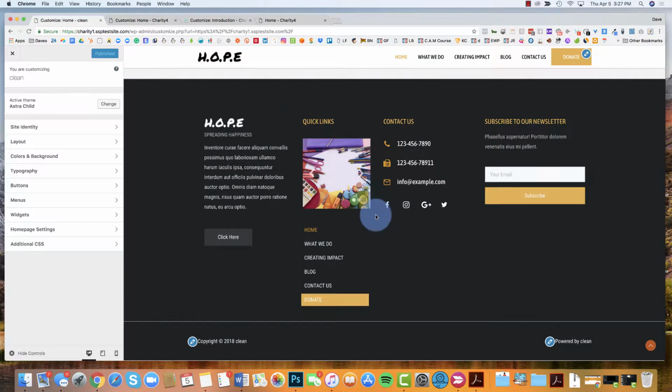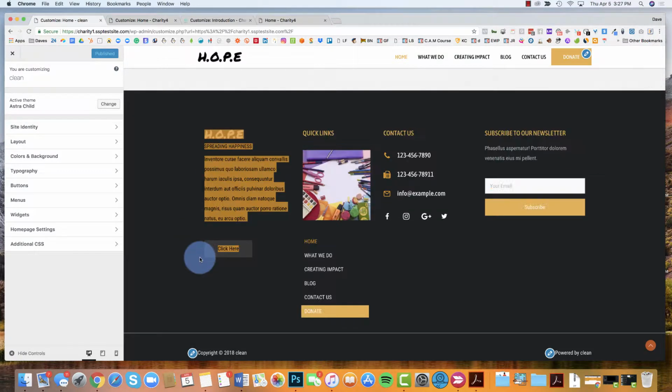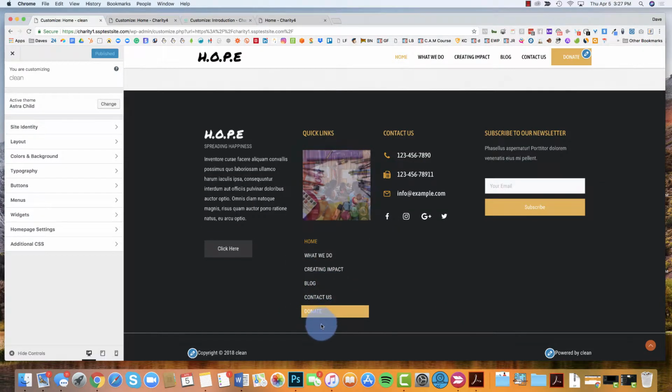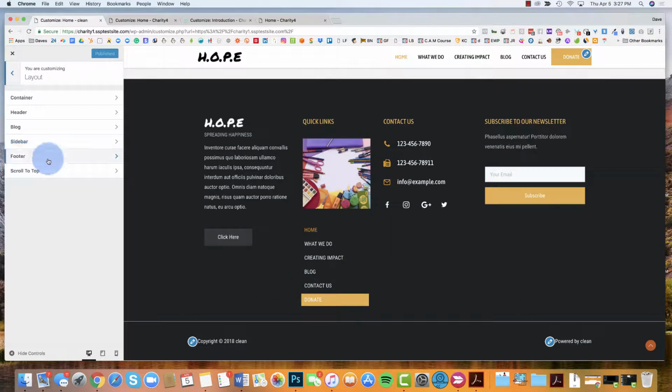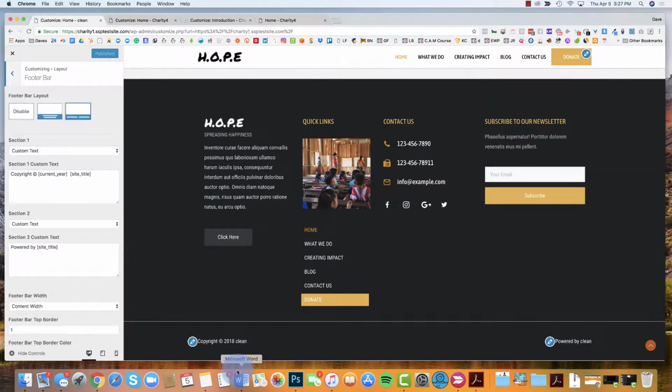me know. So this section here, up to where this donate button, basically up until this white line, that is the footer section. Okay, so all these elements are built with Beaver Builder and customized with Beaver Builder. Now this bottom bar here, it's under layout, and it's under footer, and it's called the footer bar. Okay, so this is a bar that's not part of the custom build in Beaver Builder, and it's typically used for your copyright,